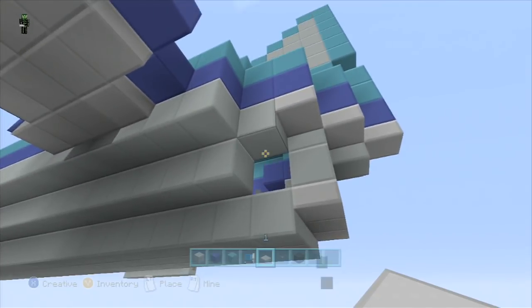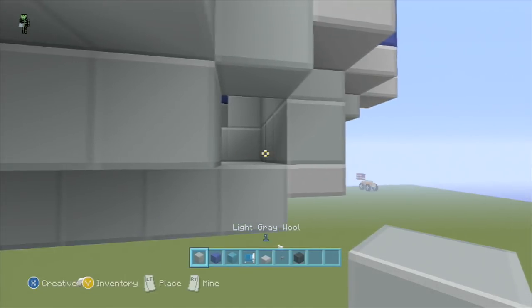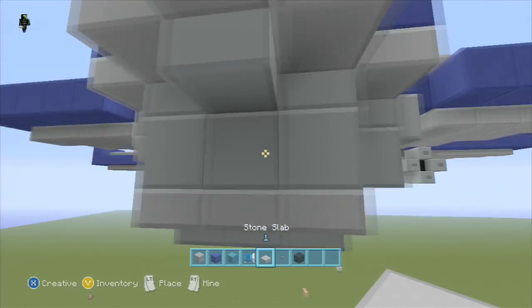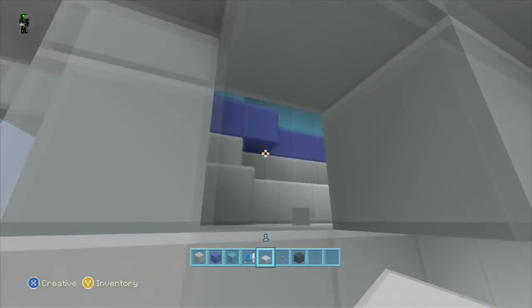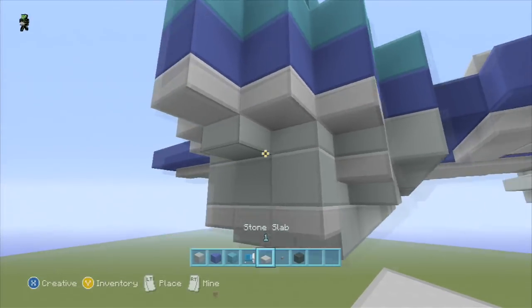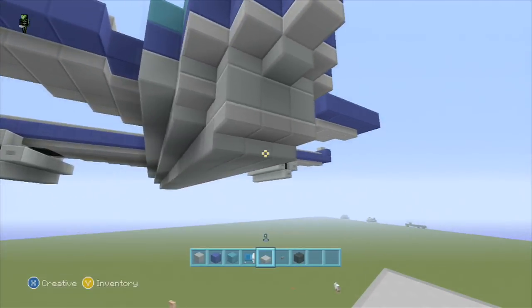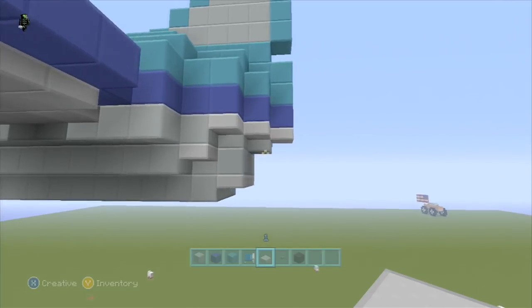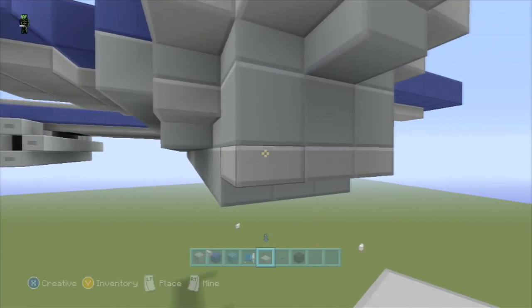And you may even get away with doing, yeah, that'd probably be best too, right here on the sides. Get rid of that one, it's a bit blocky. And this one on the corner here. And then going back and just putting a half slab there. There you go, it looks a lot better. So it's not as blocky. May even want to do it with this right here, I think.